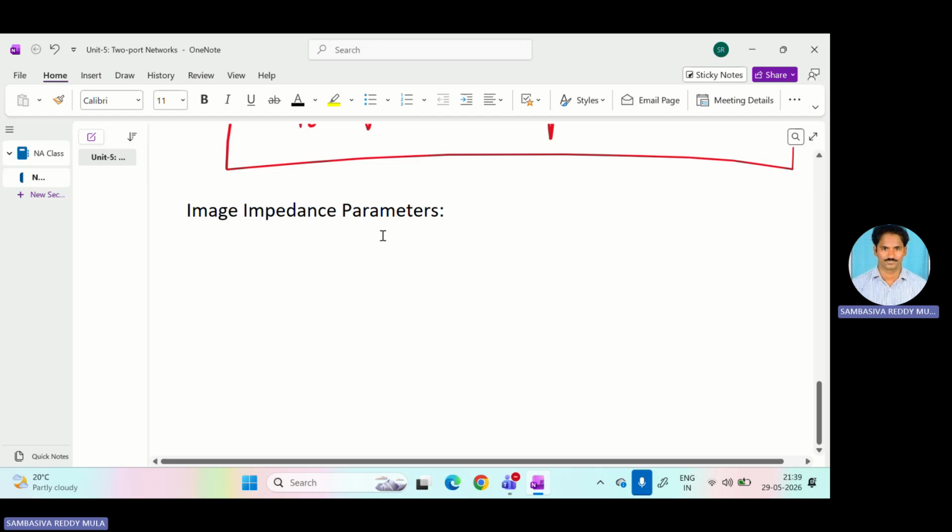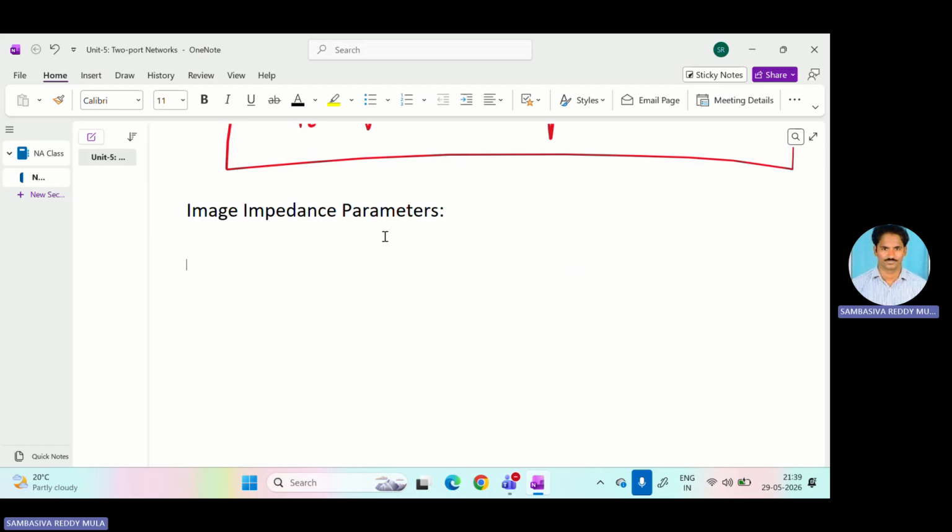If you see the definition for image impedance, the image impedance is a pair of a two-port network. This is a pair. Image impedance means image and its impedance. The image impedance pair of a two-port network is